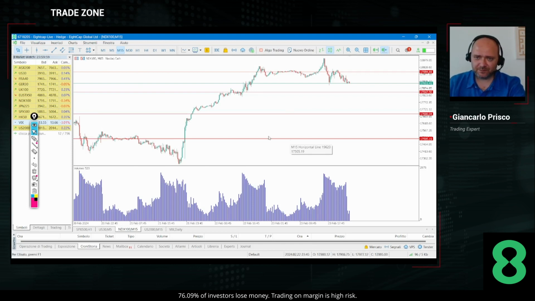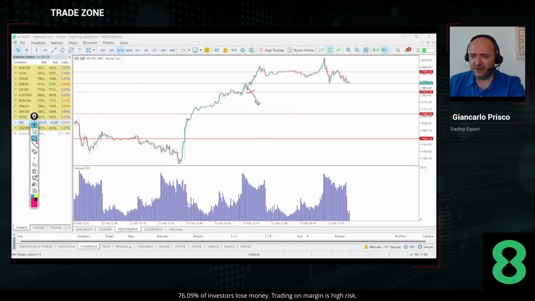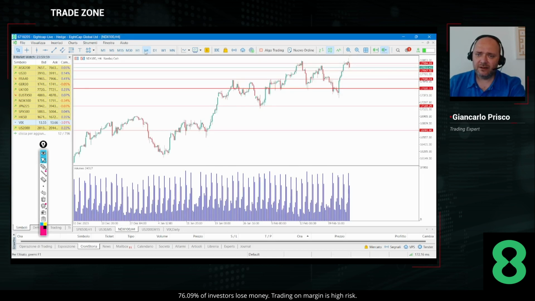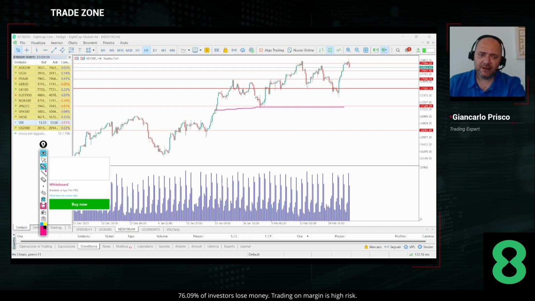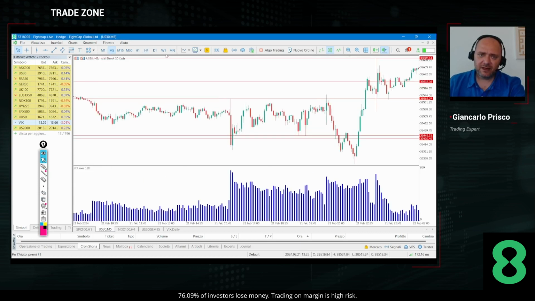Take a look at this: 70,000, 847 and 70,688. This is the support. Even the weekly support remains 70,511. If we do not break this level, it is difficult to see a drop. Also remember that on a monthly basis, it is very important that we do not lose this 70,165, or the market could start a more intensive drop. So it will be a very important week, and we will see if the market will be able to lose some momentum this week. Dow Jones, on the contrary, remains super strong.